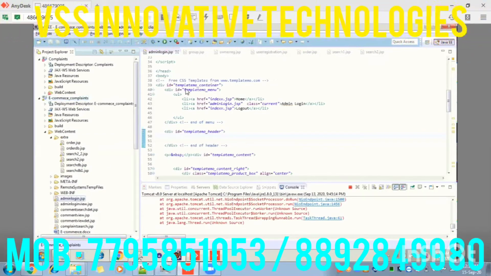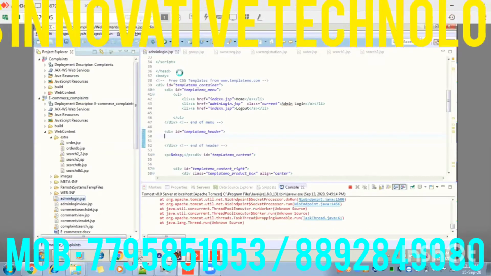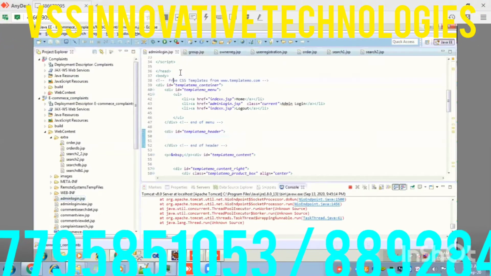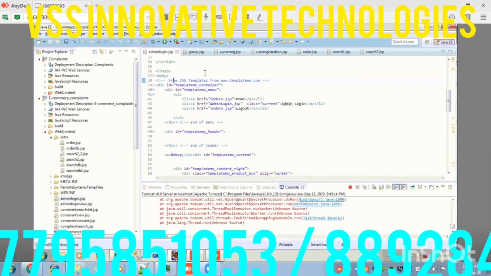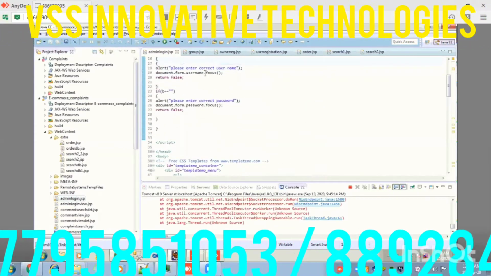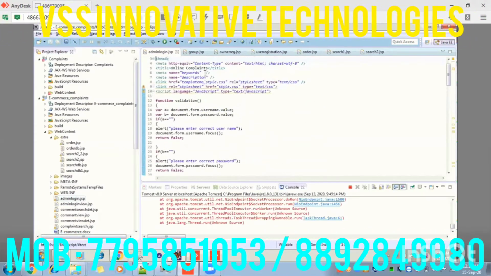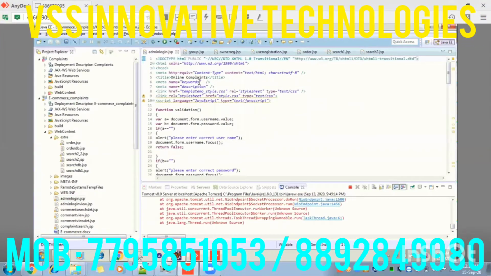If you double click, that page will open. If you want to change the title, there is a title tag there. See, inside the title, it has changed.